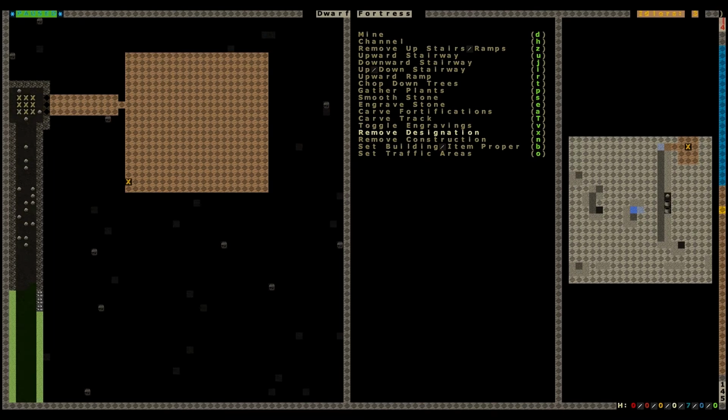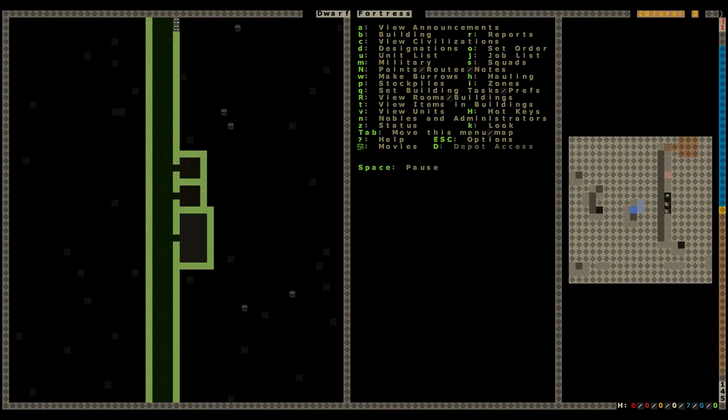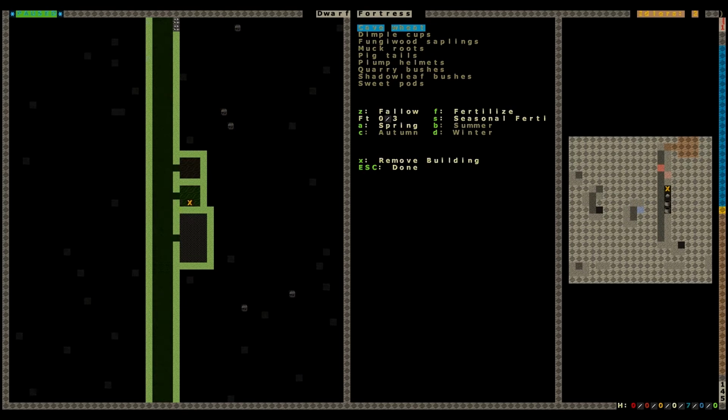And then I think I took it in 3 or 4, probably 4, like that. That'll do. Okay, so these are all dug out, and we also need to queue this and have, let's say, okay, so you've got fallow, fertilize, seasonal fertilize, that kind of stuff. I'm not great at that kind of thing, so...